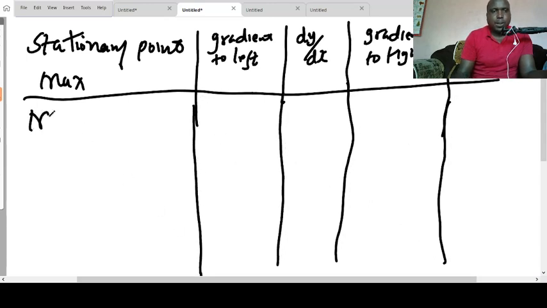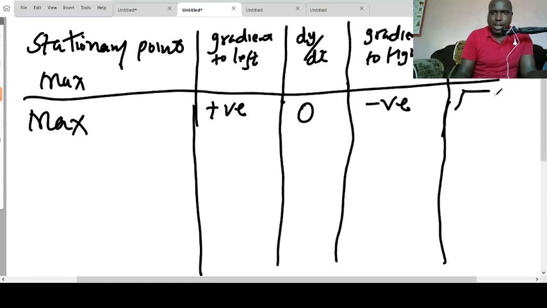So when we have the maximum point, we start here on the left, we have positive. This one is a 0. This one is a negative. And the nature, so positive, we go from a point up, 0, and then down, negative. So that is then the diagrammatic representation for the maximum. The turning point is on the top. That is the maximum